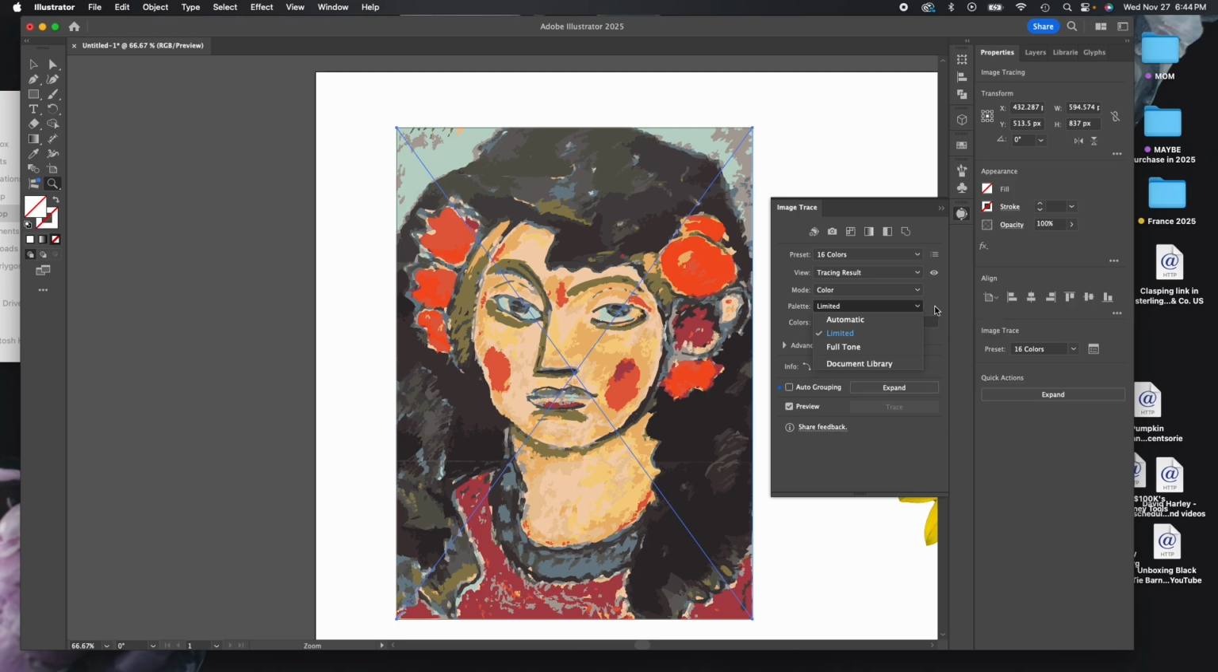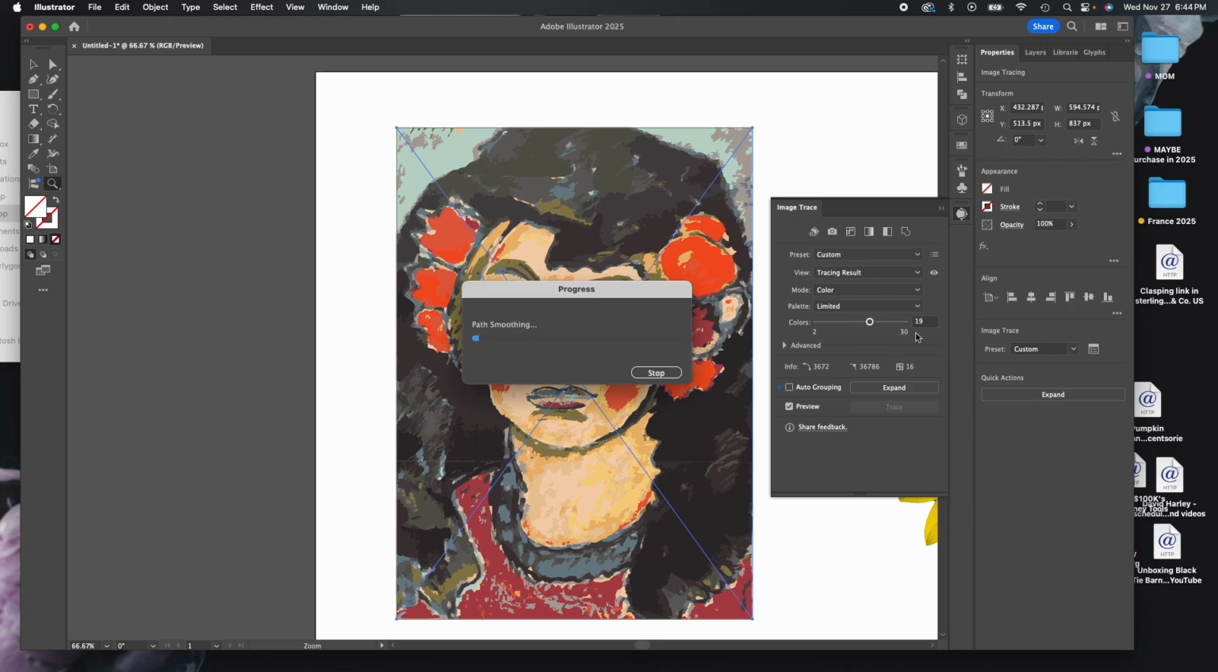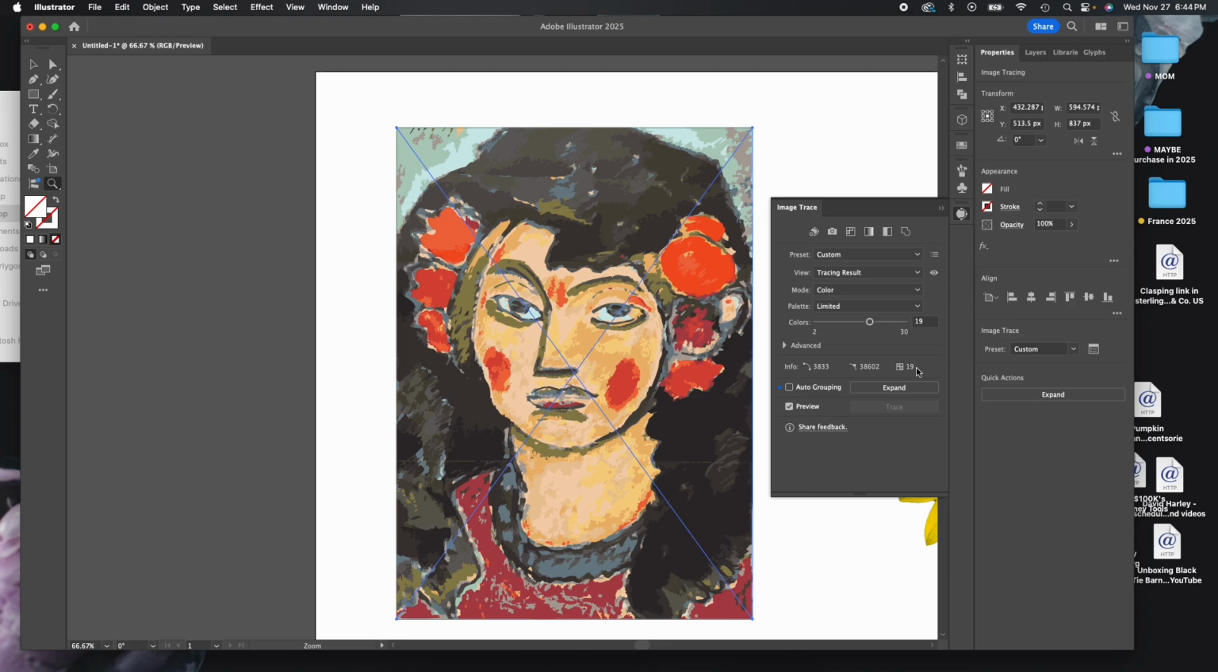You could do a limited palette, which is what we're doing. And then here, if you wanted more colors, you could up the colors this way too. You don't have to pick just the 16. You could pick 19 colors or 20 colors if you wanted to. As you're coming down here and you click advanced, you can tell Illustrator that you want a lot of paths